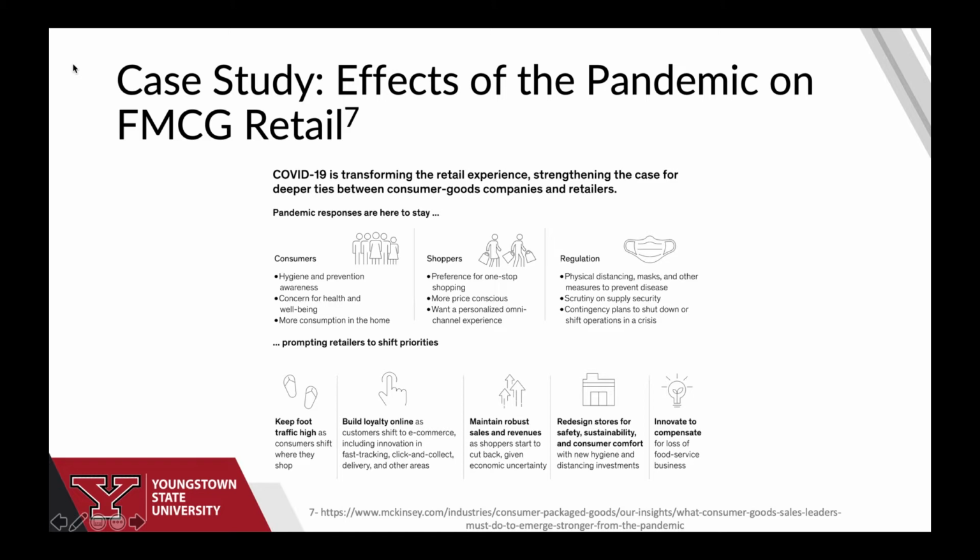So they were buying more masks, more hand sanitizers, more soap, more Clorox wipes than ever before. Shopping. So people, when they would go shop, they wanted to shop at one place. So that effect of having the strategic placement in a store and the cross marketing and the cross utilization of products, such as the battery example, was a big effect on shoppers during the pandemic, as well as regulation